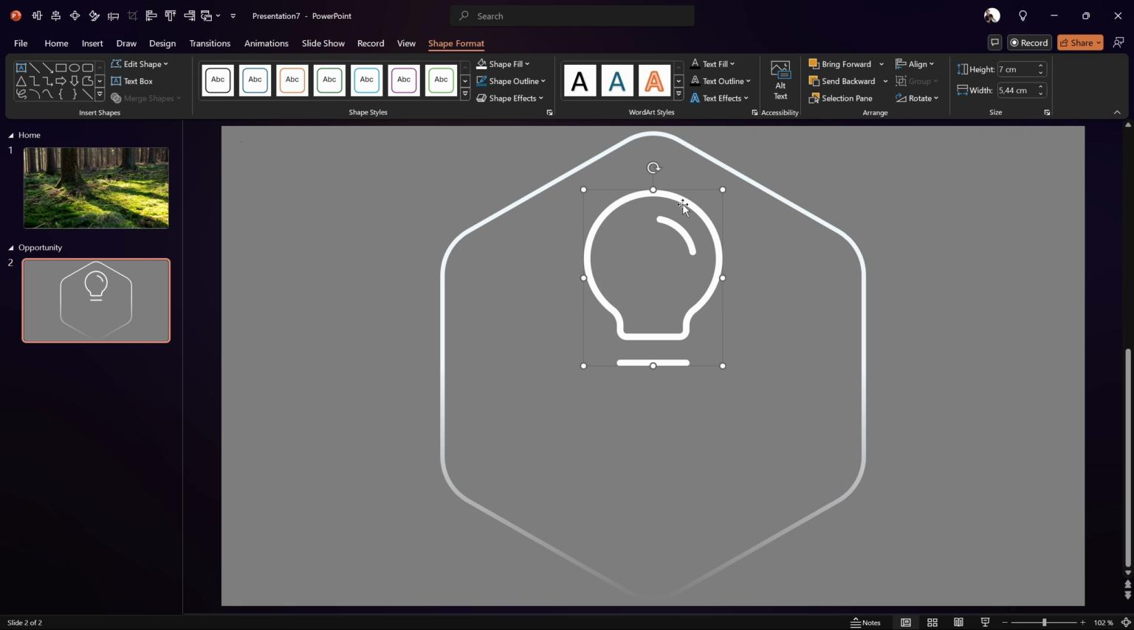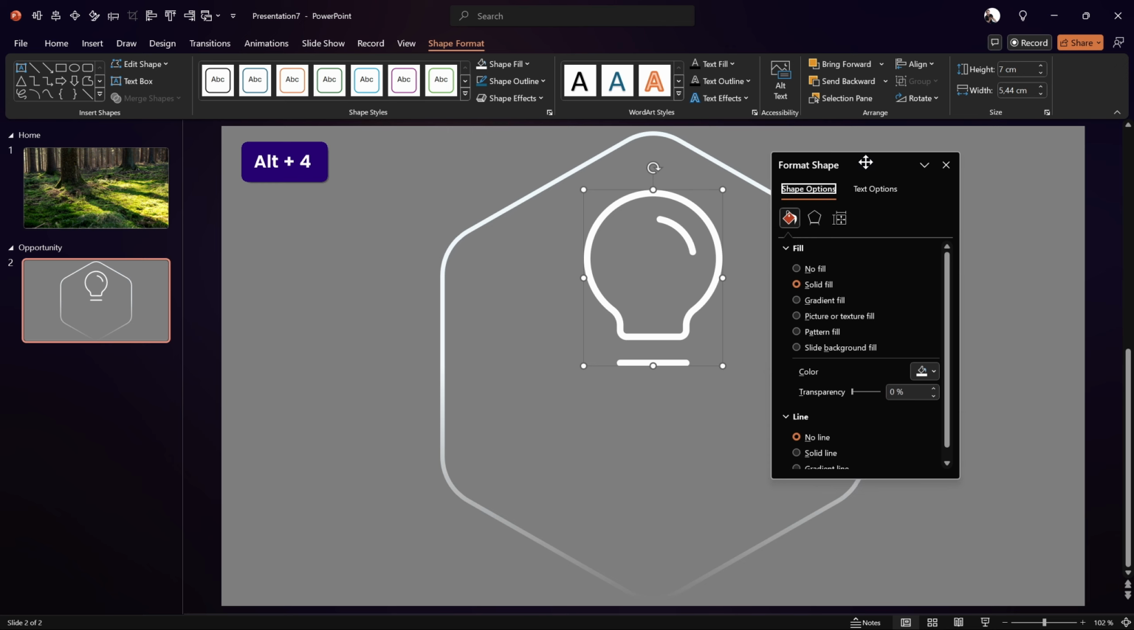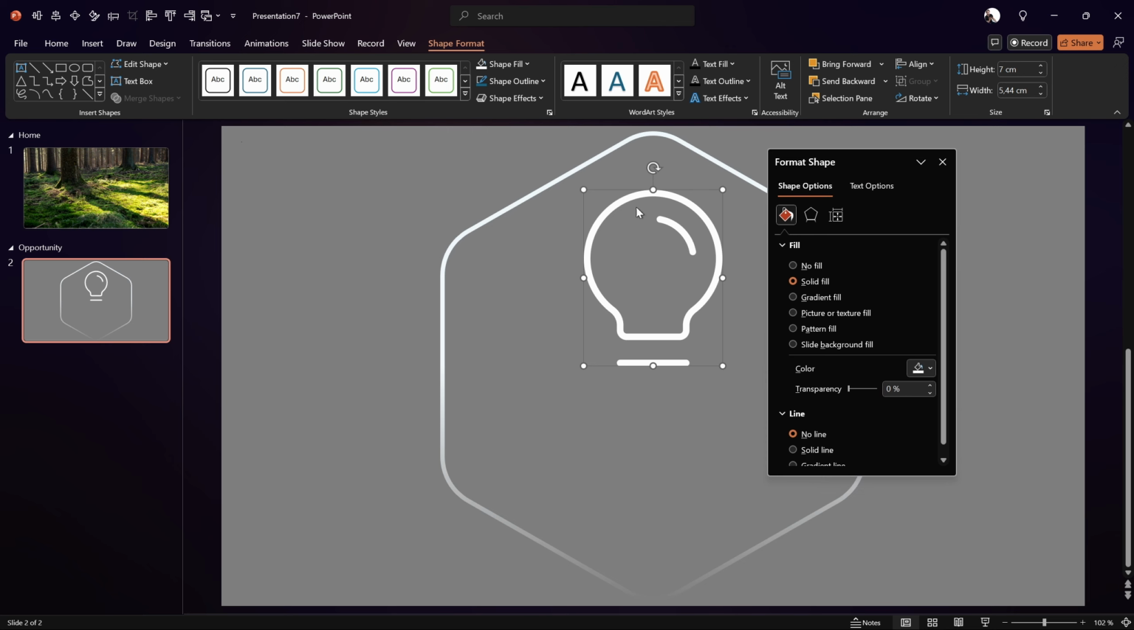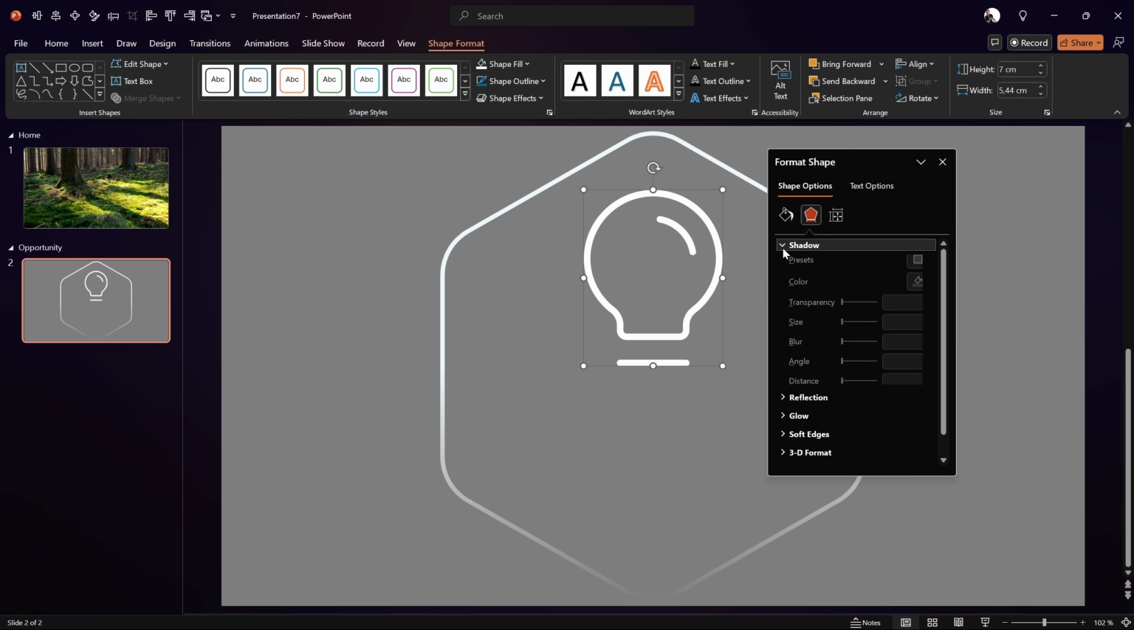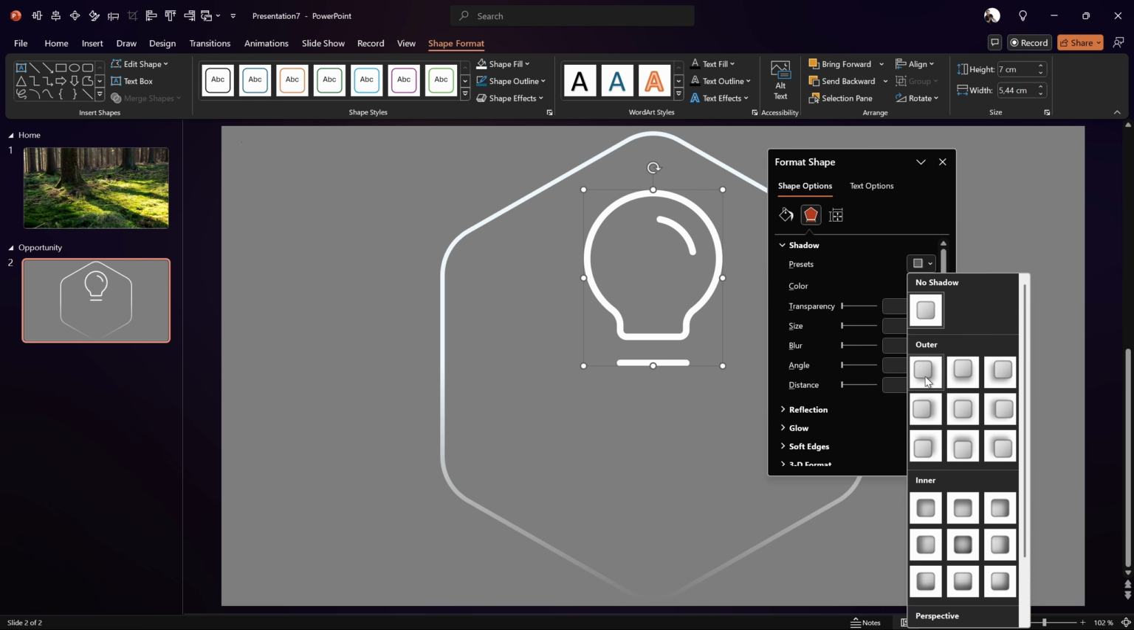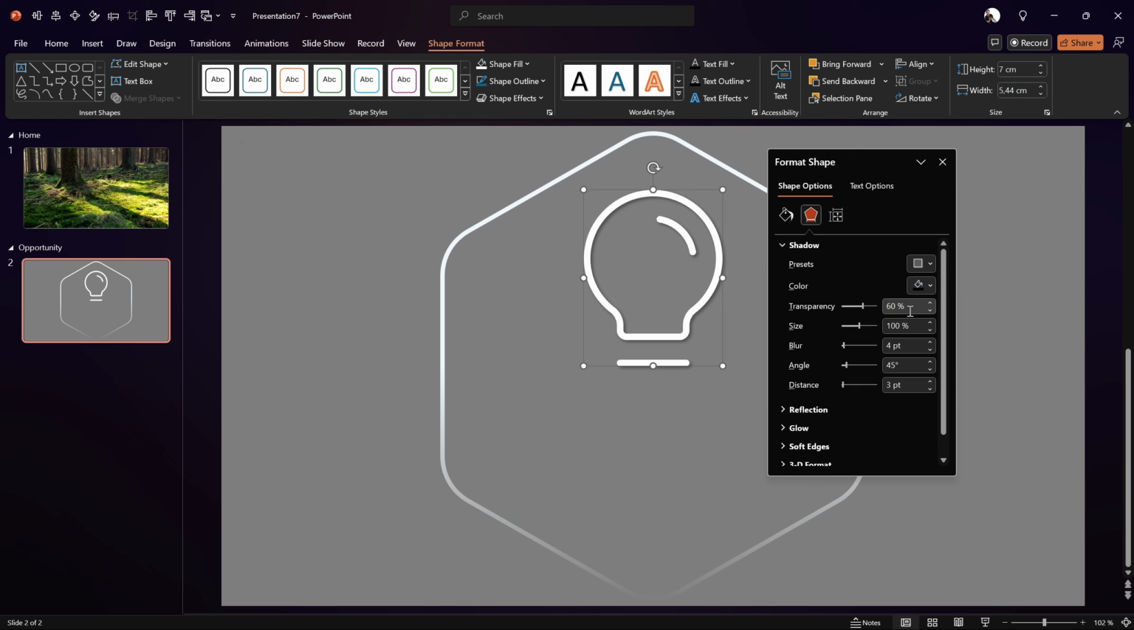And as well, let me just make sure that we select the icon and let's hit Alt F4 to open up the format shape. And let's add a little shadow to this icon so that it stands out better. Let's go to shadow. Let's choose this preset, which is called offset bottom right. That's nice. And for the transparency, let's use, for example, 50%, for the blur, 10 points, and the distance 3